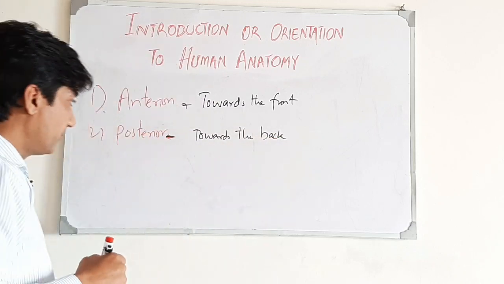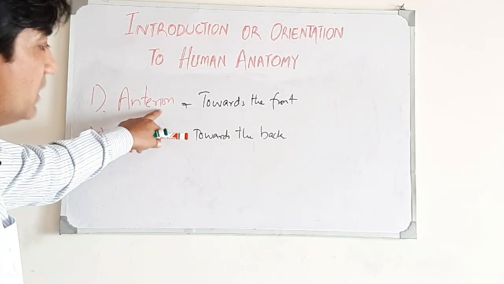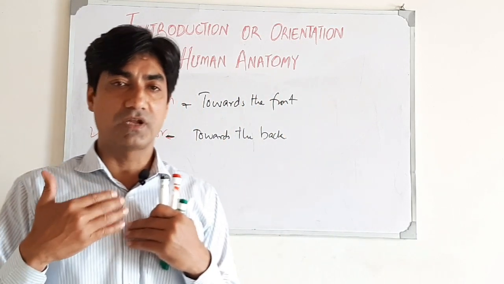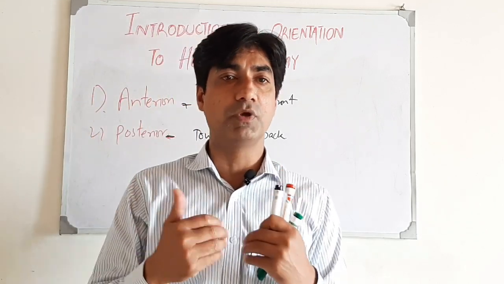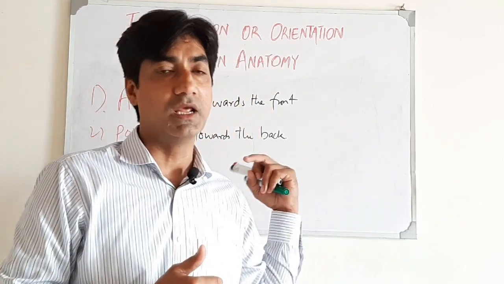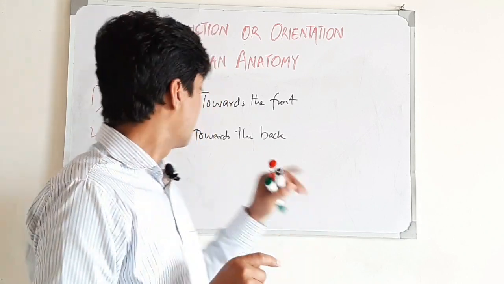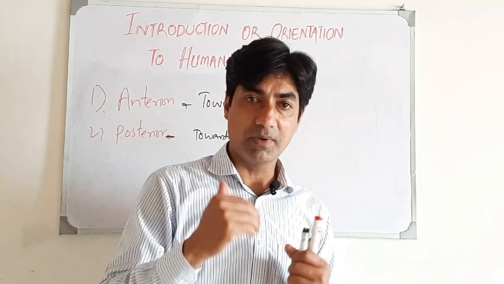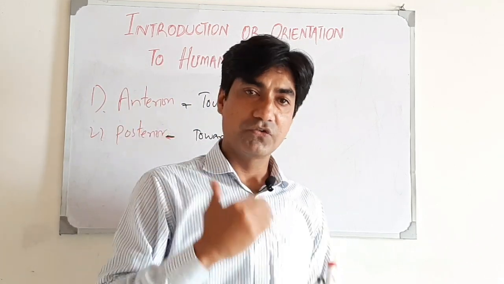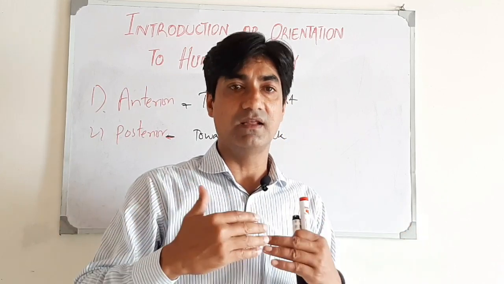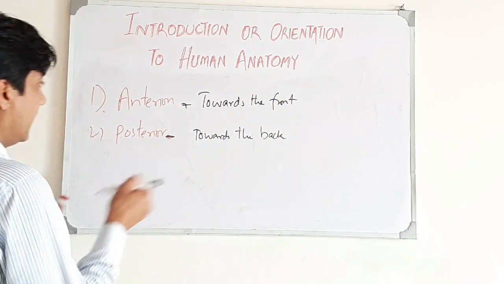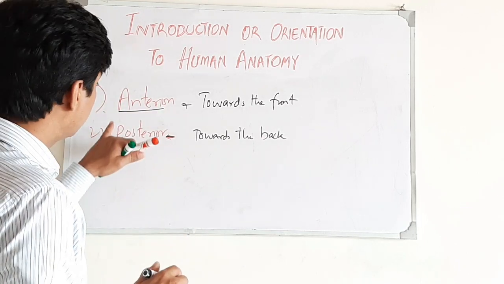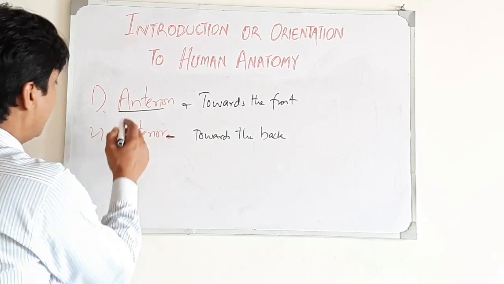For example, when we are talking about anterior, here is the sternum, and sternum is anterior to the vertebral column because vertebral column is in posterior position. And when we talk about the posterior, the vertebral column is posterior to the sternum or any structure that is on the anterior side. So anterior and posterior. The other two terms used synonymously, we can say, are ventral